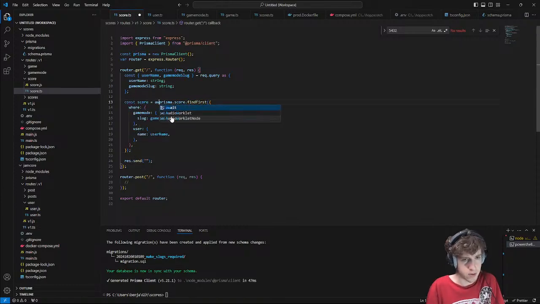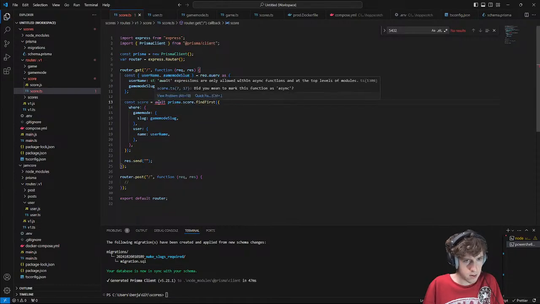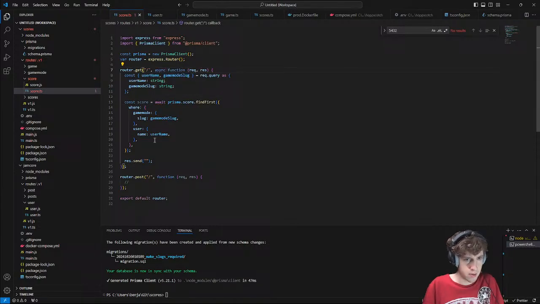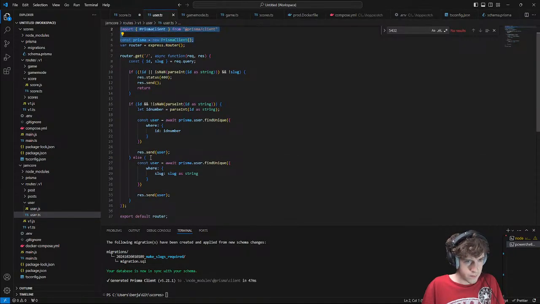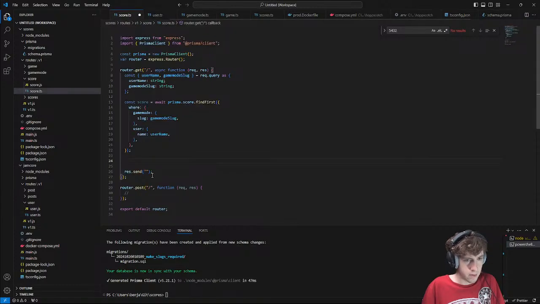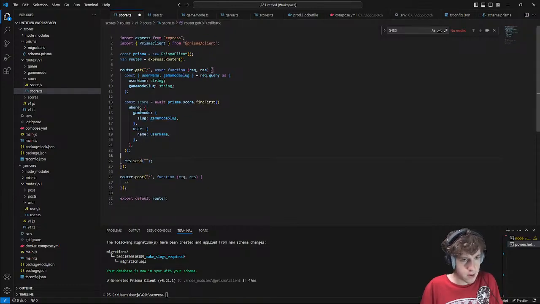Const score equals await that. I need to make this an async function. And then res.send score.